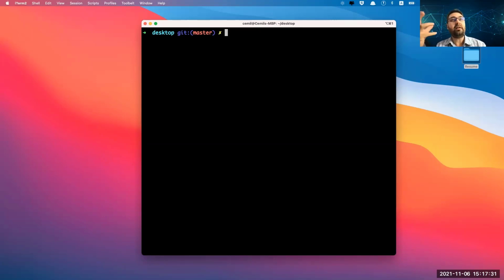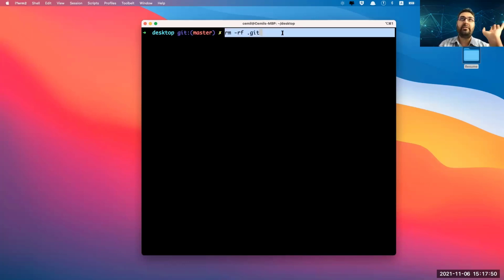Actually, the quick answer is whenever you don't want the folder to be a Git repository, run this command, remove folder and Git. That's the key. Whichever folder you don't want or believe is not a Git repo, just run this. That's it. Because we're just at the beginning of Git, and you can remove any folder, it doesn't matter, because we do this a lot, again and again.